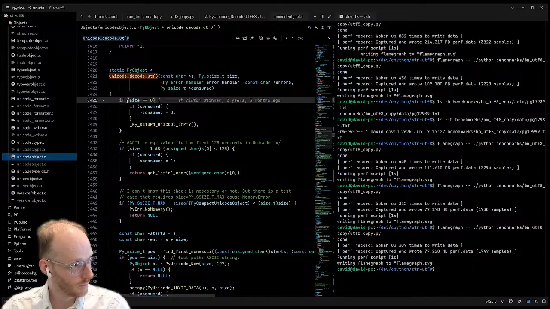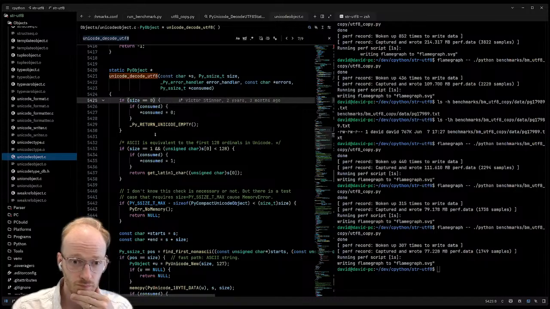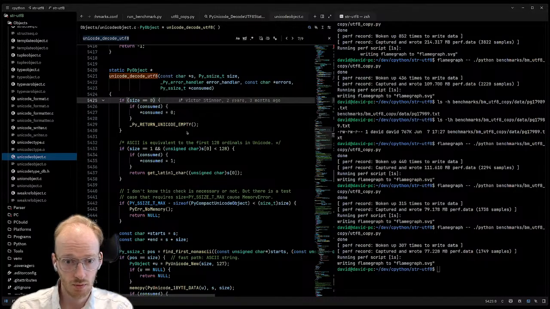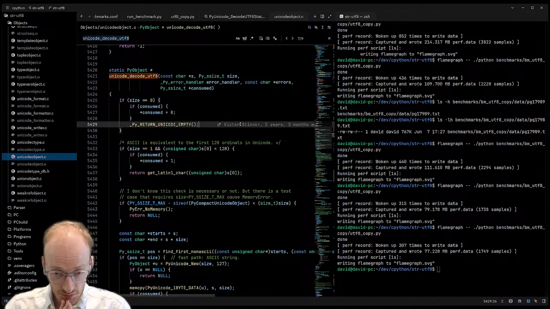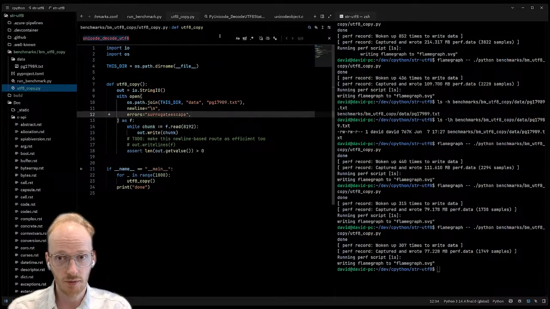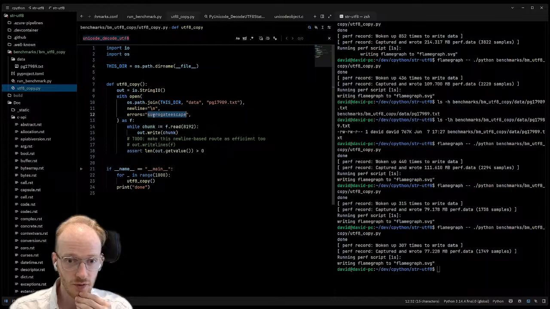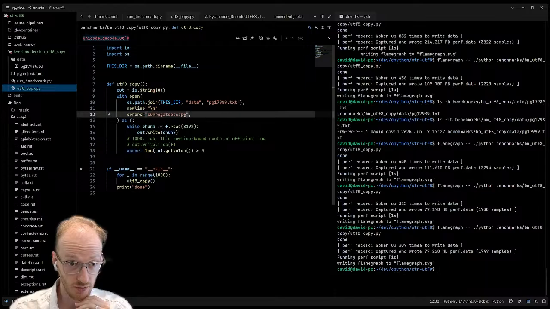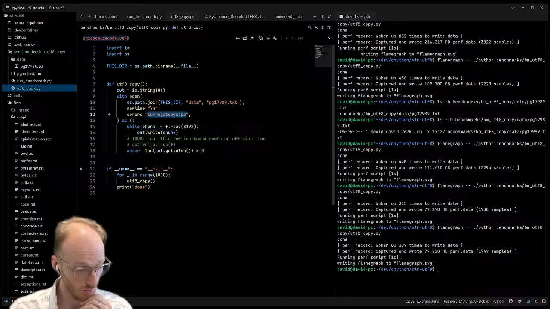Is that true? Do we not need to check the code points still at all? Okay, we're gonna have to think about this. I'm gonna have to think about this at least. So we have this, and then if we take our file and we put invalid binary data in it, then surrogate escape will be transforming that binary data.